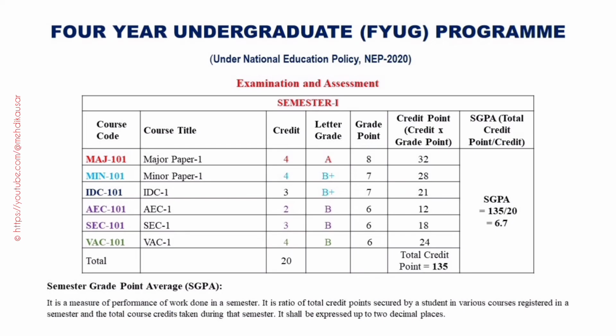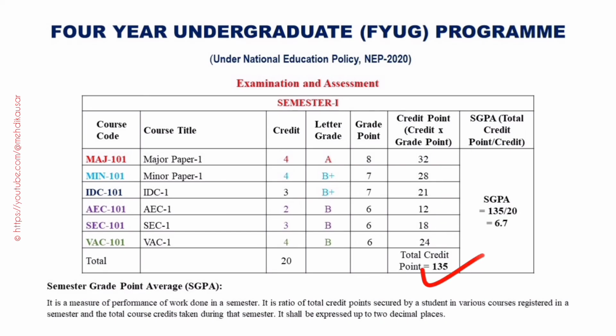Now, the credit point for Major Paper will be 4 into 8 equal to 32. The same for Minor Paper will be 4 into 7 equal to 28, and for IDC paper, it will be 3 into 7 equal to 21, and that for the papers AEC, SEC, and BAC paper will be 2 into 6 equal to 12, 3 into 6 equal to 18, and 4 into 6 equal to 24. Thus, the total credit point will be 32 plus 28 plus 21 plus 12 plus 18 and plus 24,